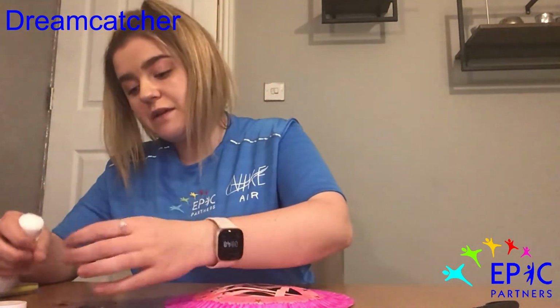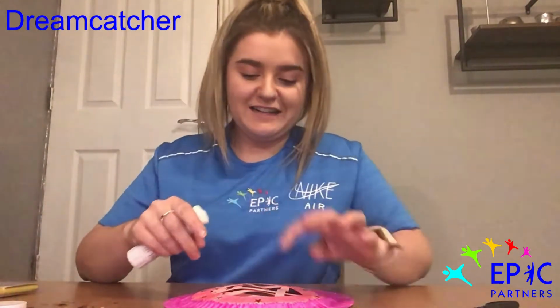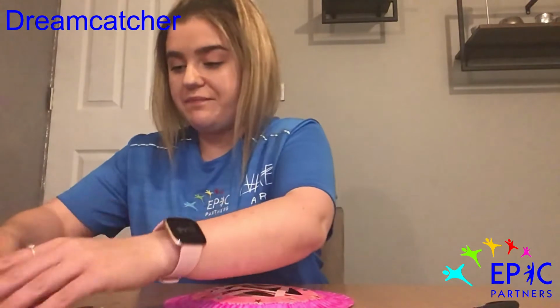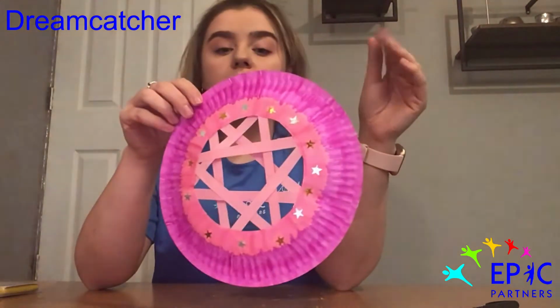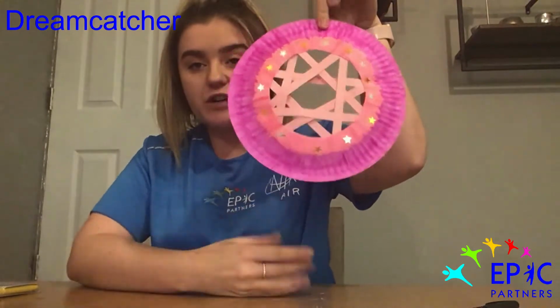Now all the sequins are sticking to my hand. And one more, perfect, just like that. Okay, so sequins and glue aside, we won't be needing them anymore. So this is what my Dreamcatcher looks like at this moment in time. Nice and sparkly. The next step is to add the string to hold it and then the string dangling down